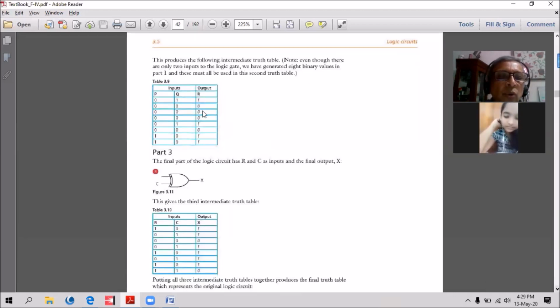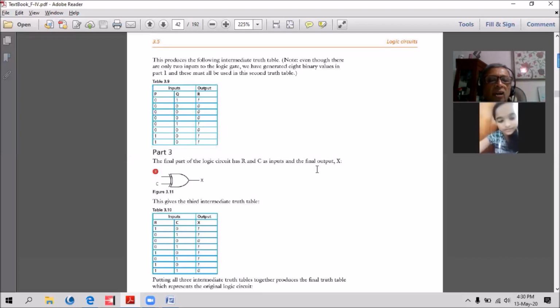P and Q are the outputs of the earlier part 1. Then the R output is R. So how does that happen? 0 or 1, that's 0 plus 1, so it's 1. Only if one of them is 1 or both of them are 1, it will be 1. So here's 1 there. Then again, this one is 1 and these two are 1. So all the others are shortcut.